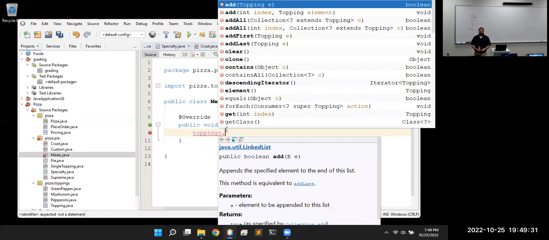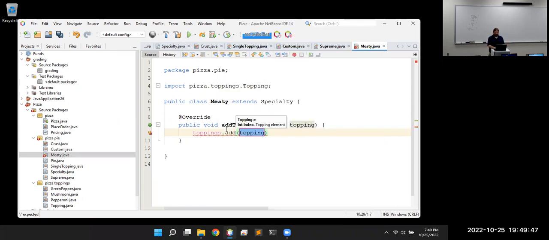I probably should have tried to type that before changing the word protected, so we can see the error message. That would have made more sense, like the error message in class. If we hadn't made that protected, we would get an error right here. But instead, we're getting the predicted text. So add whatever the topping is, but it's